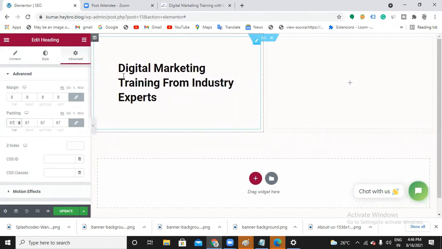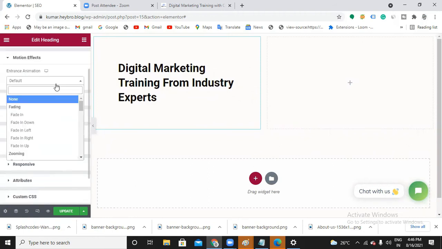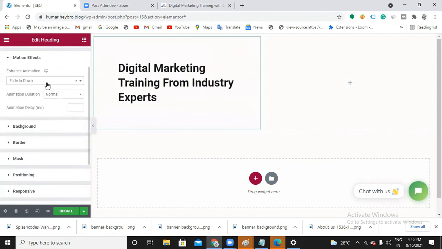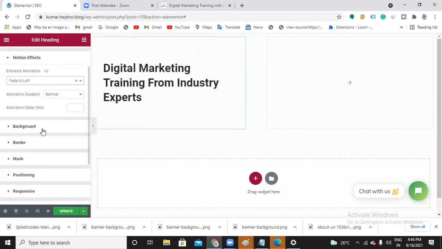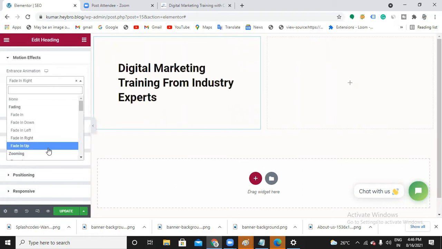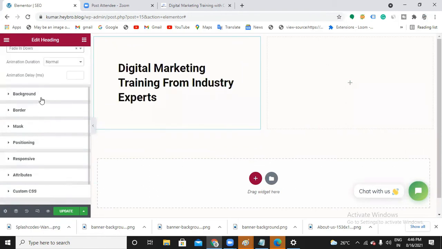Can you see now? And here comes motion effects. You can add animations to it: fade in down, fade in left, fade in right. Which animation do you want? Fade in up, fade in down. Fade in down.